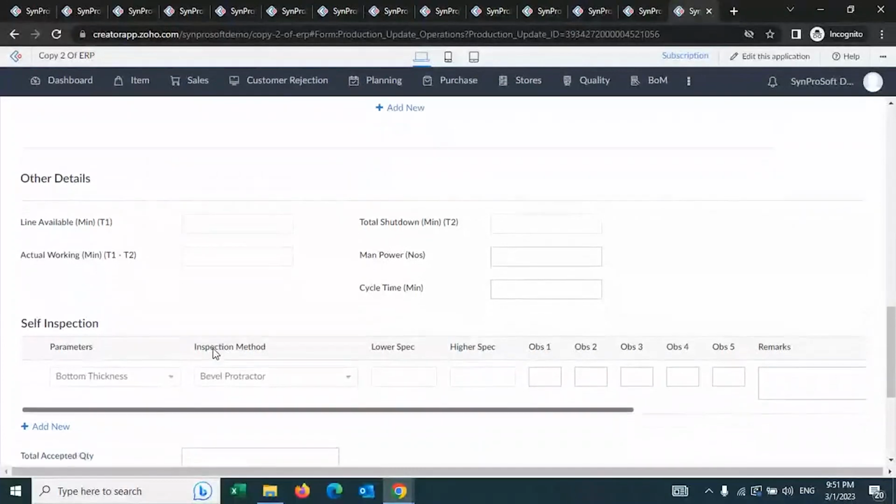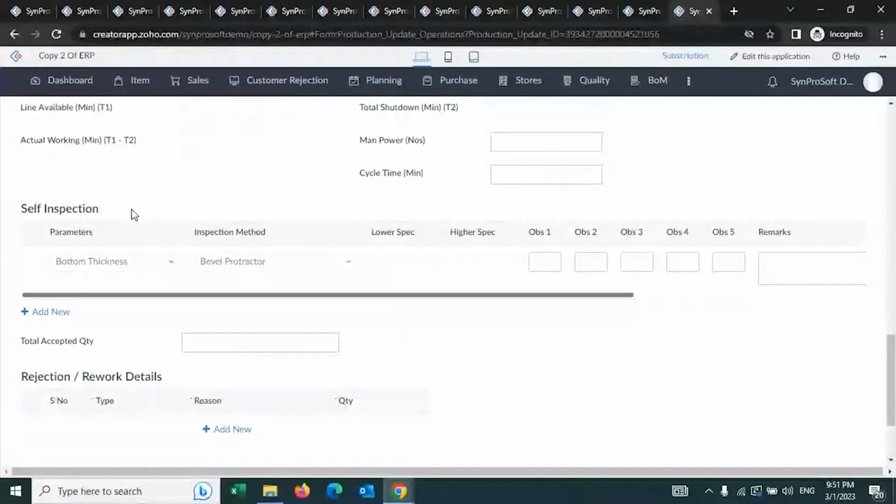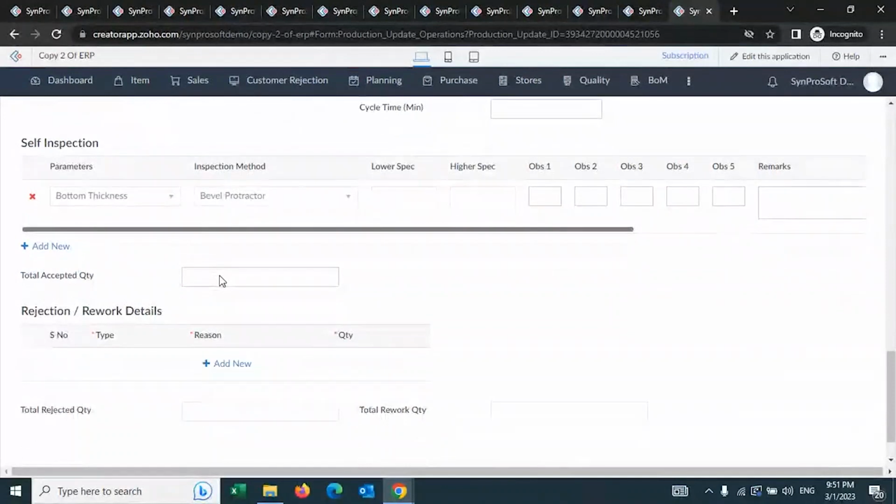And any other information that you want to capture in terms of parameters, what was the inspection carried out, what inspection method. When I say inspection, this is quality inspection. They will capture it for each of the items in each of the stages. And then finally, whether I'm going to accept or reject, or I'm going to pass it for rework. I can approve the item, I can reject the item completely, or I can tell you, you are in operation 3, there is a problem, I'm going to ask you to rework, take it back to operation 2, do the rework, come back to operation 3 and then show it to me again. I can even define where I want to take this back and do the rework. I can configure that here.